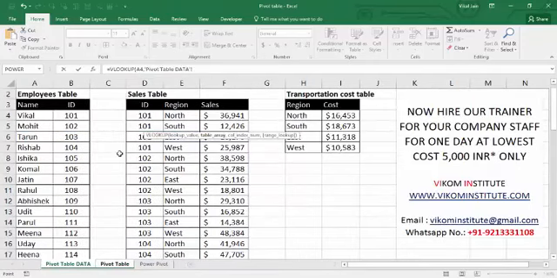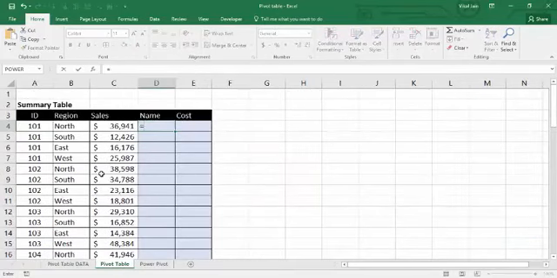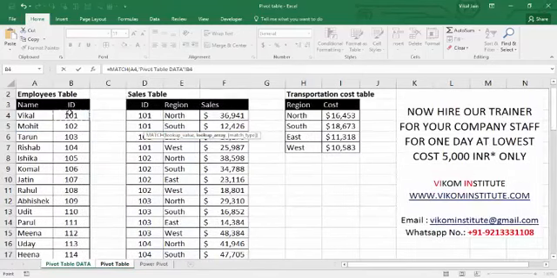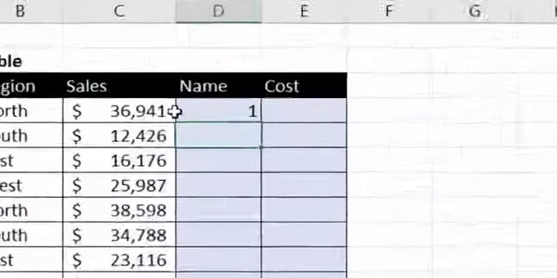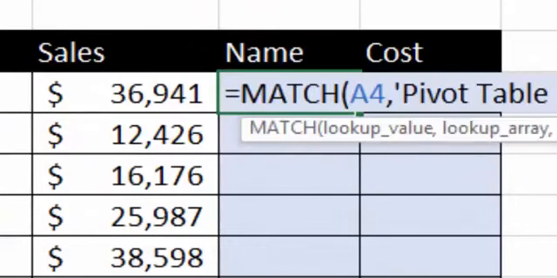See, my ID is here and my name is here, so VLOOKUP cannot be performed because VLOOKUP only goes left to right. So we are going to use, yes, you have guessed correctly, MATCH or INDEX. MATCH: lookup value is this, comma, lookup array, yes, this, comma, 0. So first position, then going to use